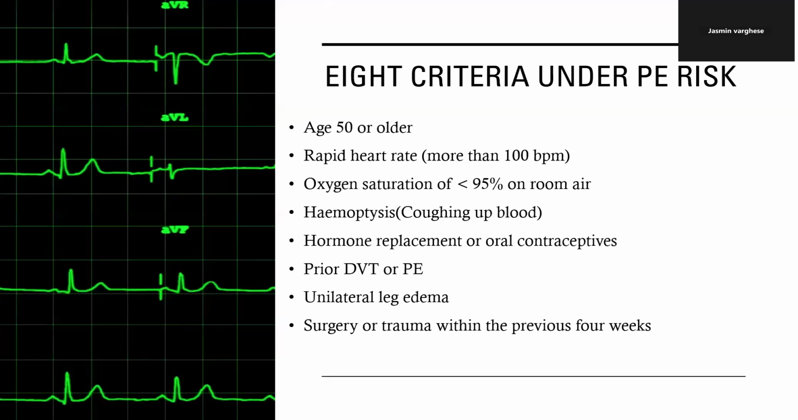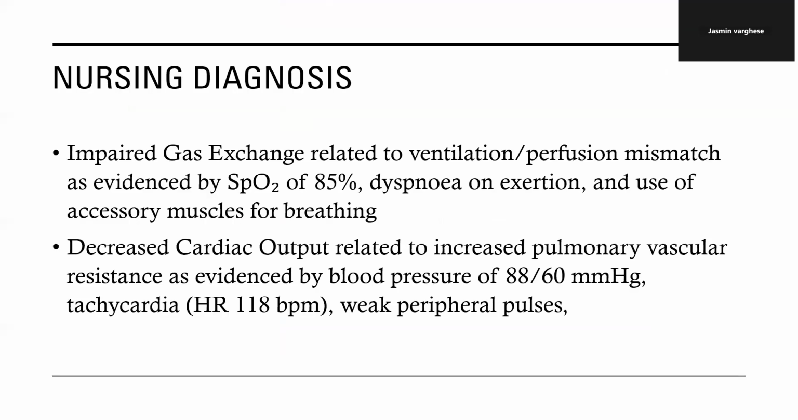So the nurse should consider all these factors and find them out before writing the nursing care plan and diagnosis. Now we will see the nursing diagnosis. First nursing diagnosis is impaired gas exchange related to ventilation perfusion mismatch as evidenced by oxygen saturation of 85%, dyspnea on exertion, and use of accessory muscles for breathing. Sometimes your patient will not show all these symptoms; whatever you have observed, you can write after